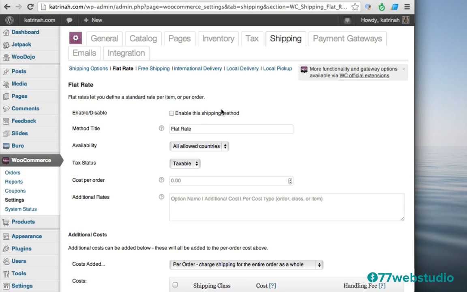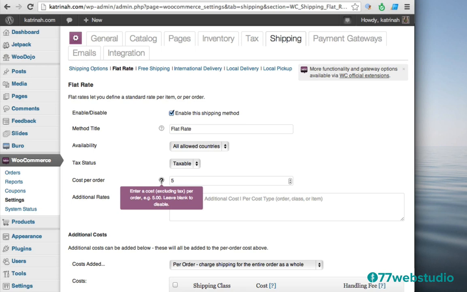So hypothetically, if you want to enable a flat rate of say $5, you would just click on this button and then you would click on cost per order and you'd put say $5 right there. Also note that there are these question marks, so when you hover over them, they will tell you exactly what it does. When I hover over this question mark, it says enter a cost excluding tax per order, example $5, or 5 as a quantity. And you want to leave it blank to disable it.